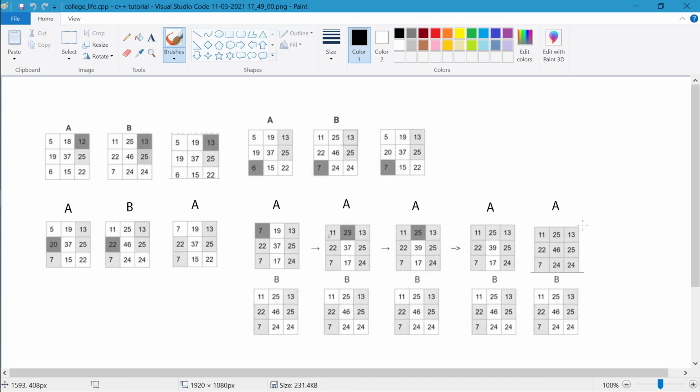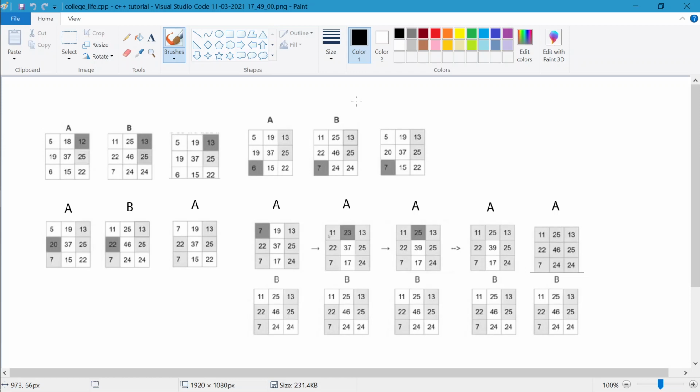So let me take the test cases. One more thing I need to say: after this you will have no doubt at all, you will definitely be able to write the complete code by yourself, but only if you know how to write code.